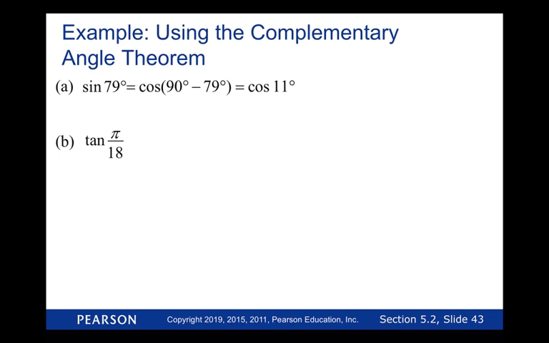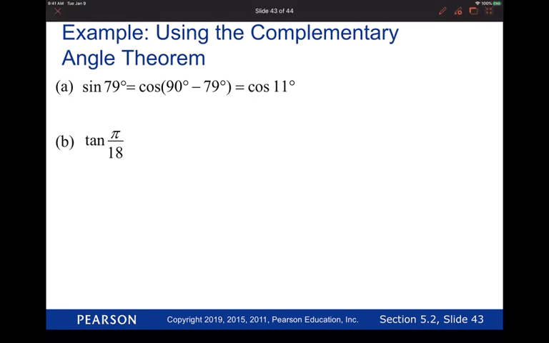Okay, so if we use the complementary angle theorem, sine of 79 degrees is the same as cosine of 90 minus that angle, right? So then the result there was cosine of 11 degrees. So then using that same technique,